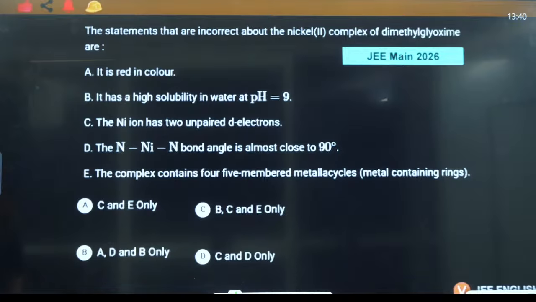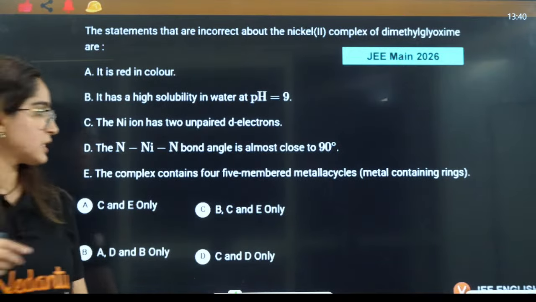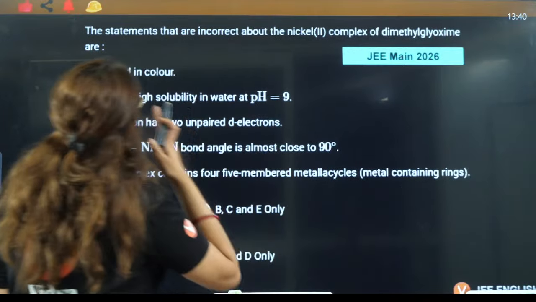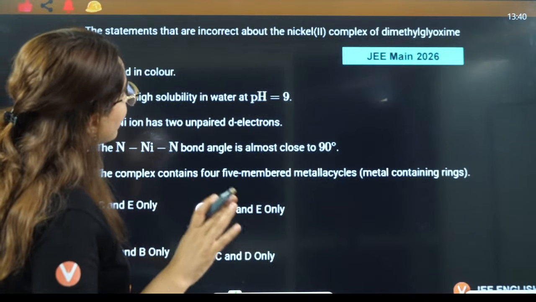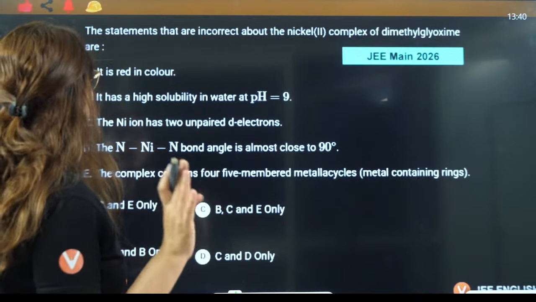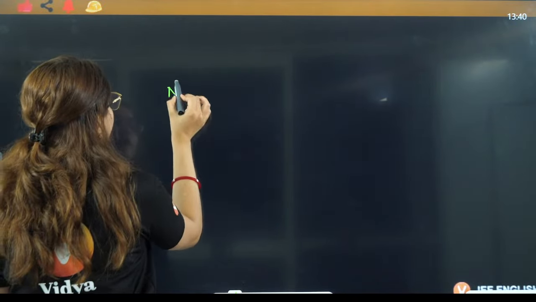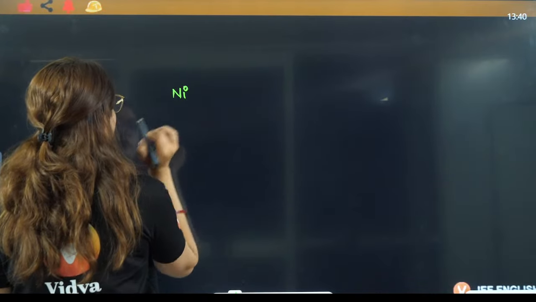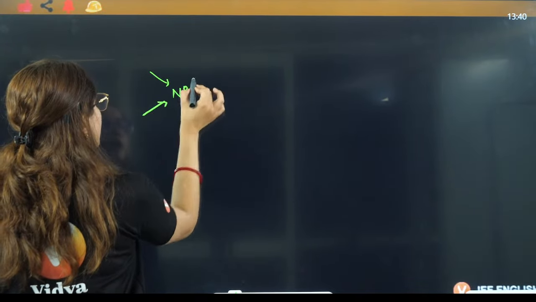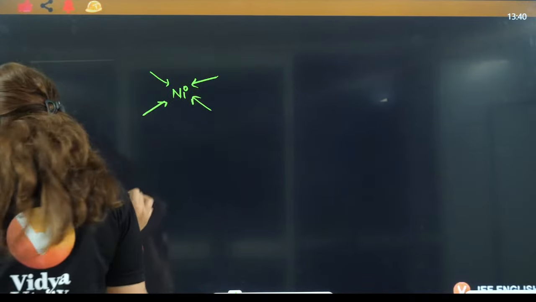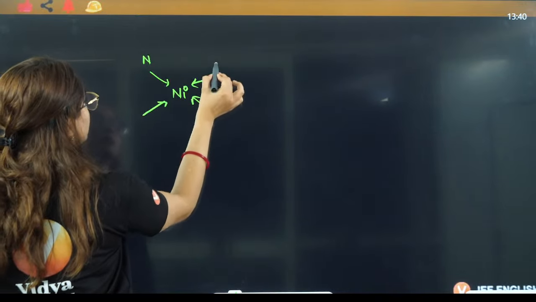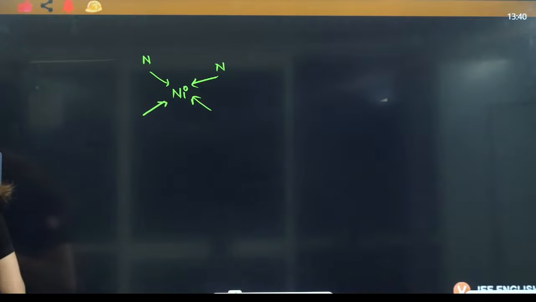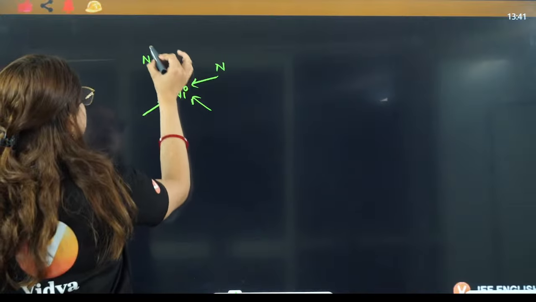Let's see this. Firstly, guys, what they are talking about: the statements that are incorrect about the nickel complex of dimethylglyoxime. Firstly, you should know about this complex here. So what you have here is nickel, and in this case you have dimethylglyoxime. Let's talk about that. In this case, this is N, this is N. Firstly, I'll just draw the structure here, right? Dimethylglyoxime, this is N,